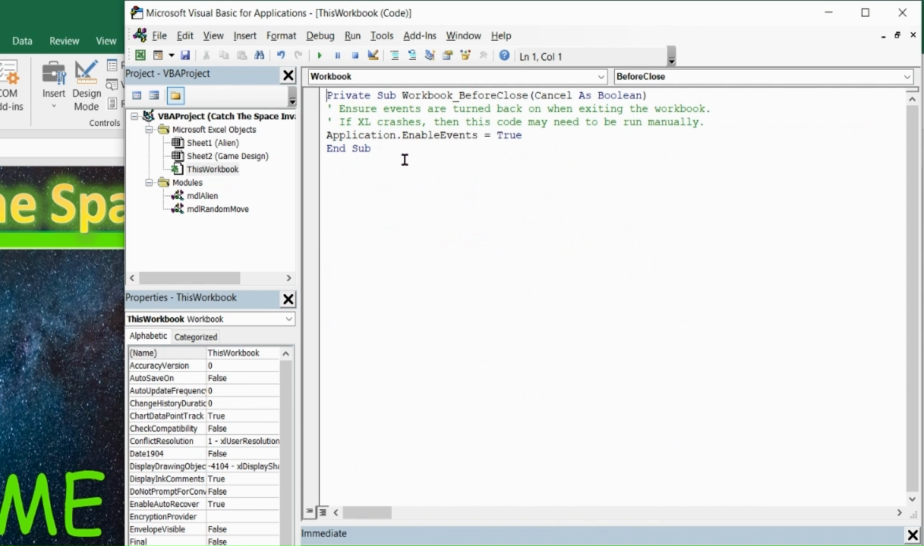Finally, we have this workbook, and we enable events. And the reason we enable events before the workbook closes, and we can see here workbook before close, and here we say private sub, workbook before close, and we ensure events are turned back on when exiting the workbook. If Excel crashes, then this code may need to be run manually. And what that means is